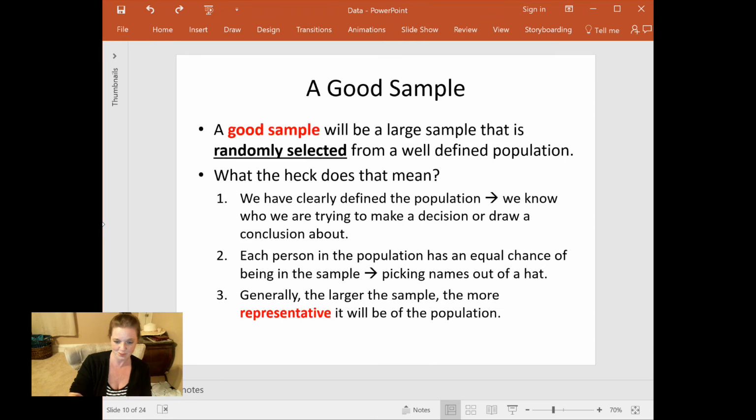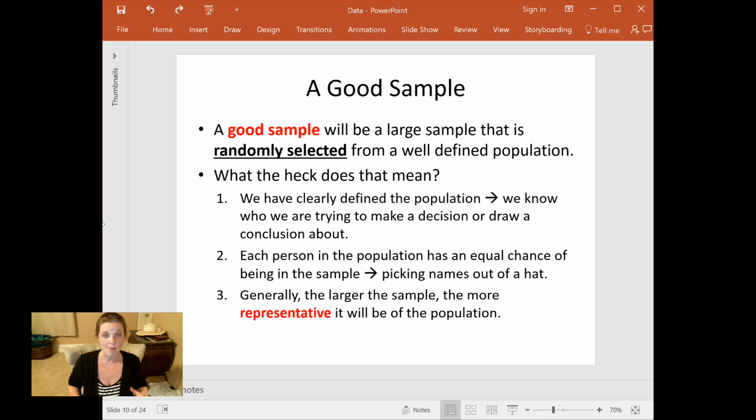Moving on. So to summarize, a good sample, an excellent sample that's going to be sure to look like your larger population is going to have been randomly selected from a well-defined population, and it's going to be a big sample, right? Which means you're going to have to clearly define your population. Who is it you're trying to make a decision about? Define it. Actually sample some of those people.